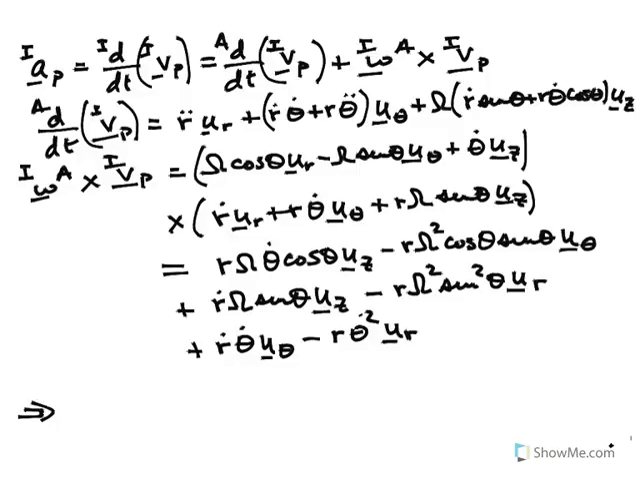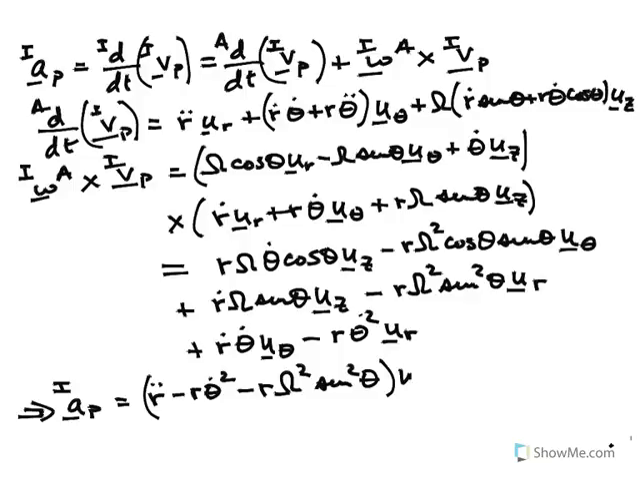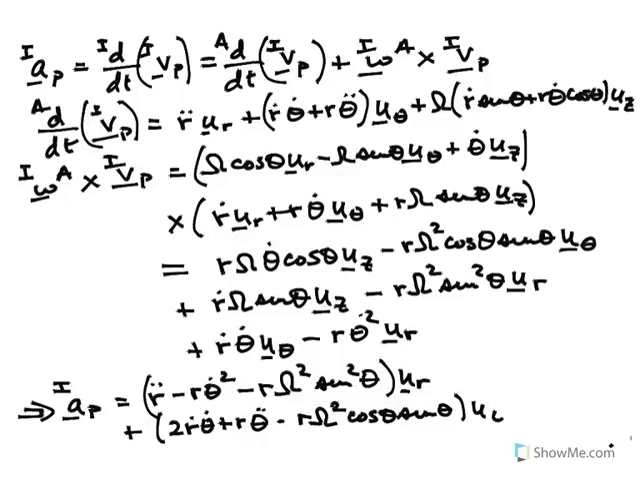So therefore, the inertial acceleration looks like R double dot minus R theta dot squared, and then minus R omega squared sine squared theta times U_R. I get plus 2 R dot theta dot plus R theta double dot, and then the last term involving U_theta is minus R omega squared cosine of theta times the sine of theta times U_theta, and then the last term, you'll notice that